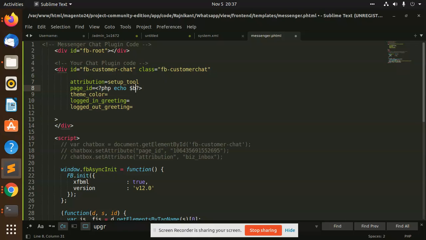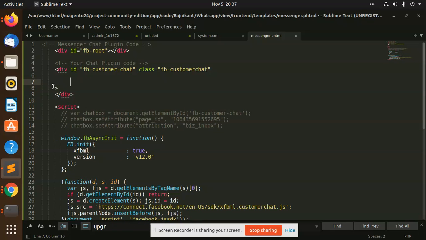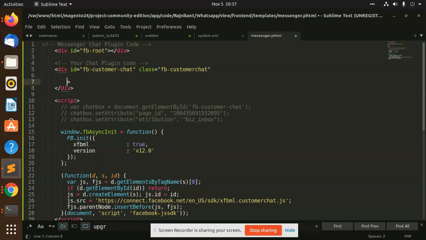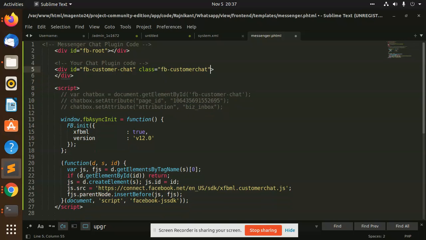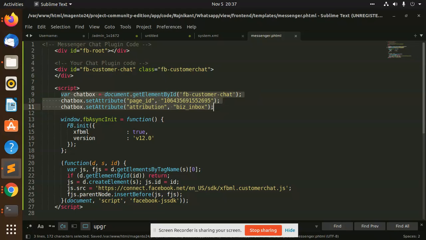Or you can add the block. We will add this page attribute later on. First we can add this part. Okay, let's make it enabled for now, to see whether the chat is working or not.